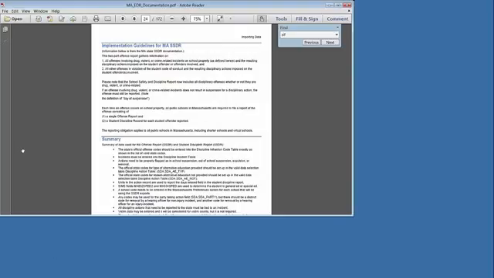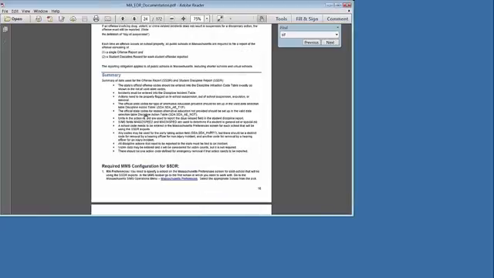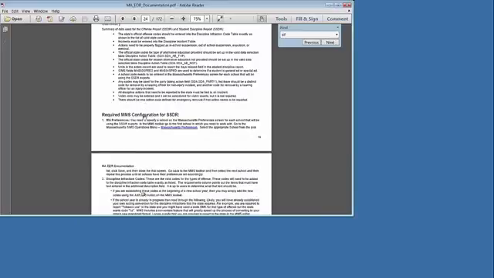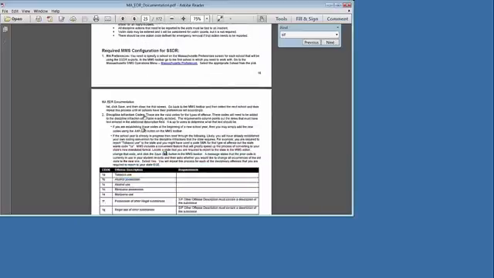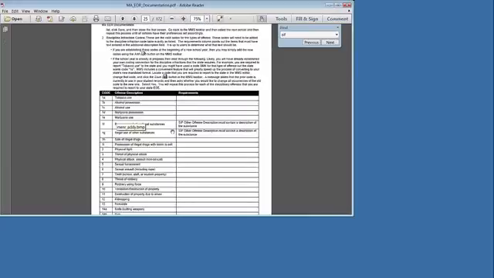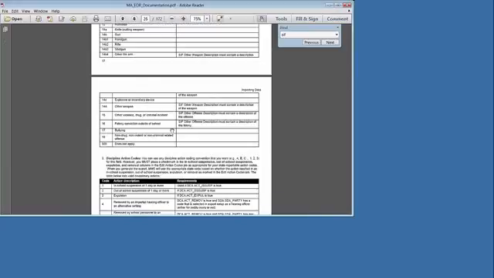The implementation guidelines are included, and there's some information coming directly from the Massachusetts Department of Education, and also some configuration information as far as codes that need to be entered in MMS for infractions and actions. So you'll see an entire list of those codes included, and we'll take a look at where those are available